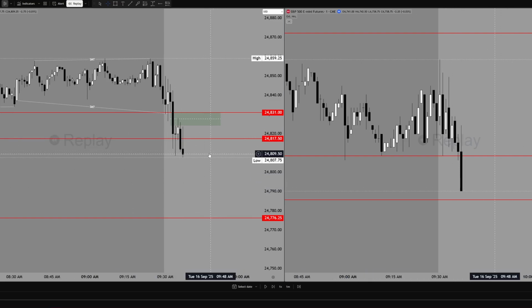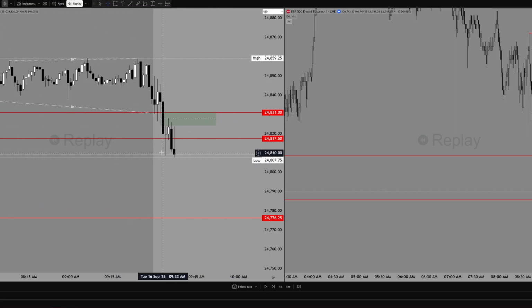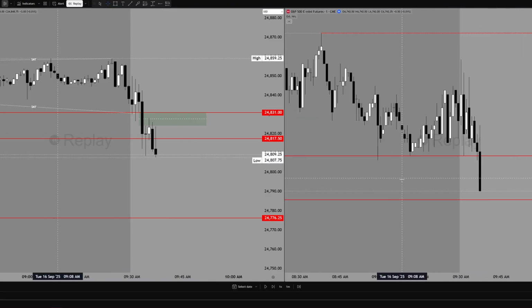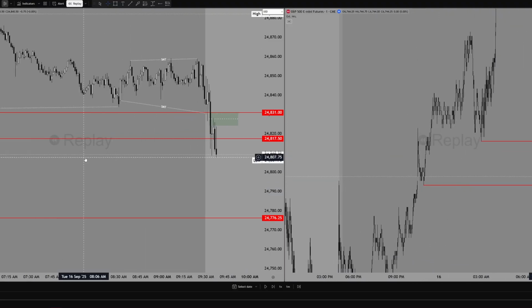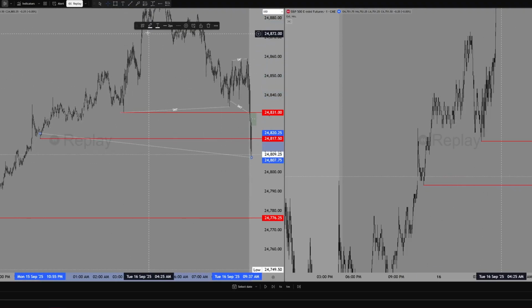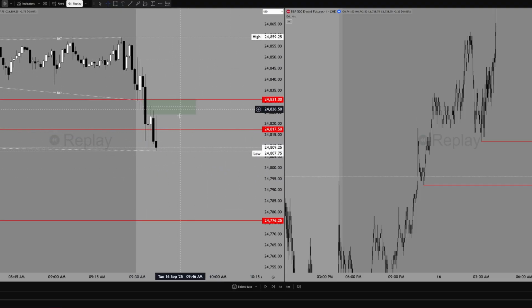Okay, now we just fully disrespected that. Reversal sequence looks like it's failing, but we did take this low here. It could still be reversal sequence. 1, 2, 3. Actually 3 is a bit too small, so that reversal sequence failed. ES is just fully displacing. Bullish SMT is not holding, so it should be something like this. Bullish SMT, and it's not displacing us higher. ES still has this draw that it can take, but we're clearly not going any higher. So now I'm gonna wait for the rebalance and then short.